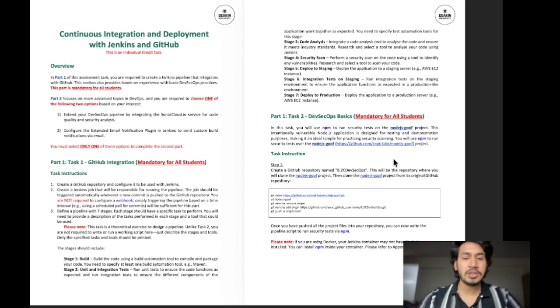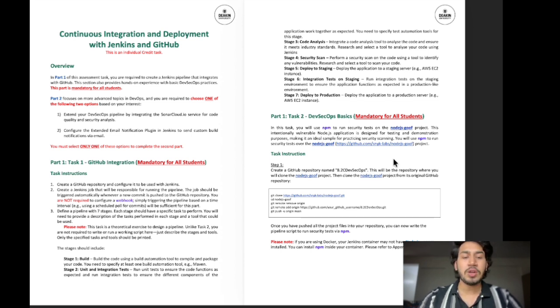It mainly has two main parts. The first part is called GitHub integration, and it asks me to connect my GitHub repository to Jenkins for building a pipeline that has 7 stages. These 7 stages represent a real world software development and delivery process. Each stage has a specific tool for it. For example, Maven for building, JUnit for testing, SonarQube for code quality, OWASP for security, AWS for the deployment, and the pipeline also needs to automatically trigger a new build every time I push new code or change my code and commit to GitHub.